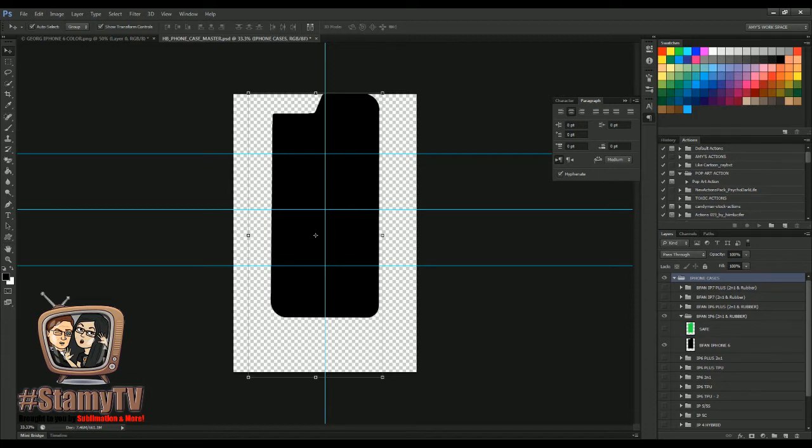So the next thing we want to do is take your rectangular marquee tool, and we are going to now cut out each section here to use for its own photo. So what you do is just drag your marquee tool over, left click and drag, and select it, and it should automatically lock to those guides. And then you're going to hit Control